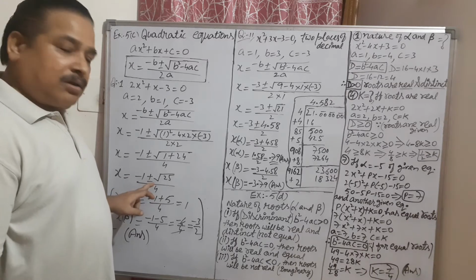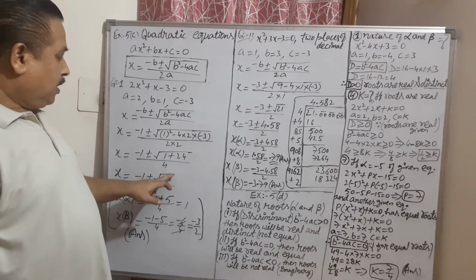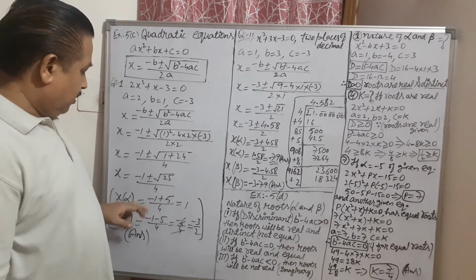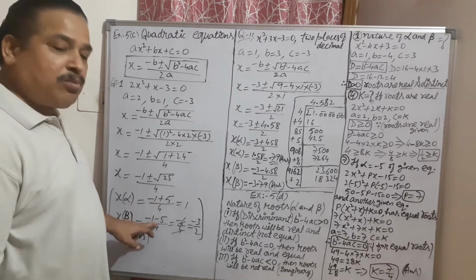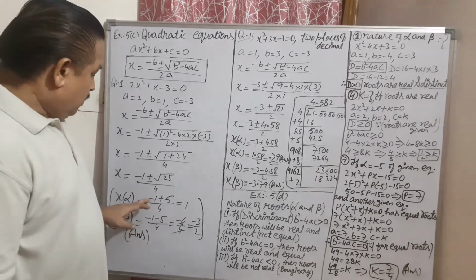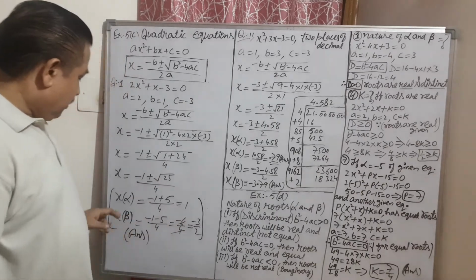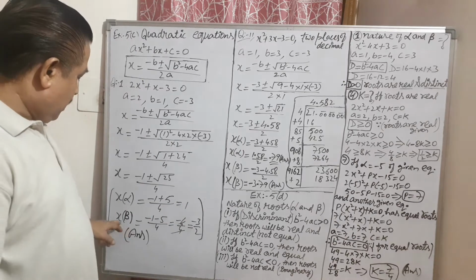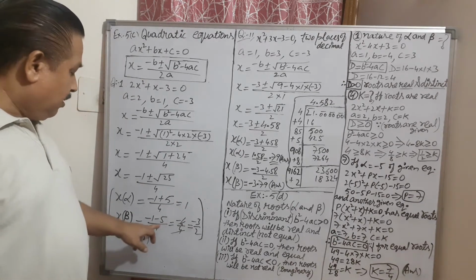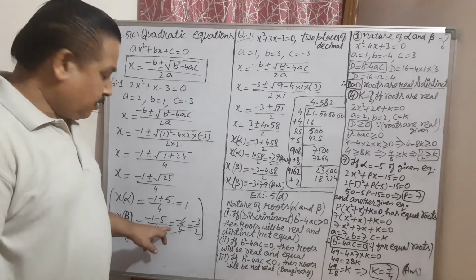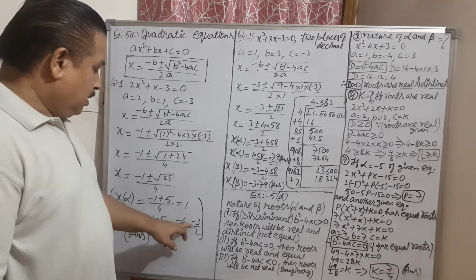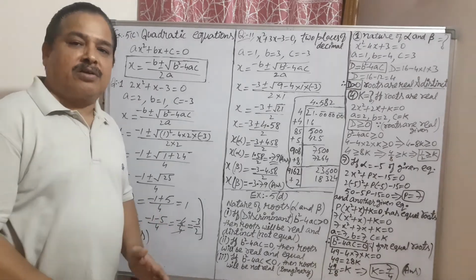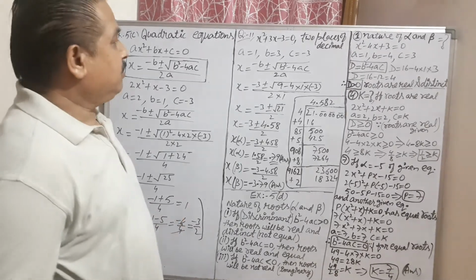at last you will get minus 1 plus minus under root 25. Under root 25 means 5. But here there is plus and minus, so one time you will take plus and next time you will take minus. By plus, whatever comes is called alpha. Alpha means the first root, you can say first answer. And beta is the second answer, but it will come by minus. Take minus, so it is coming minus 3 by 2. So these are the two roots of the quadratic equation. Two answers, or you can say two roots.